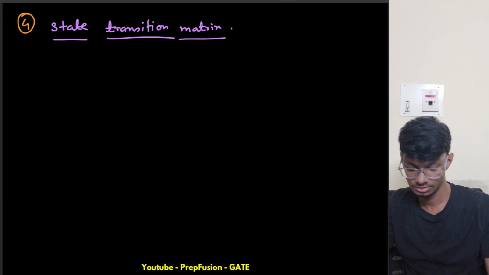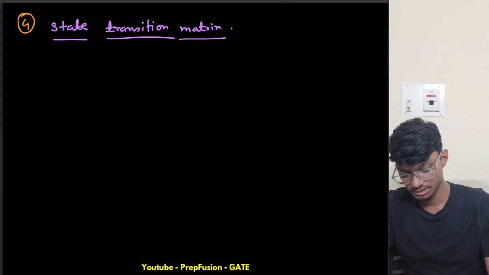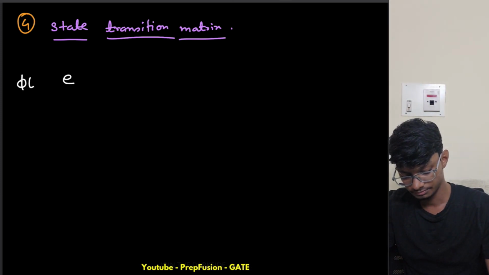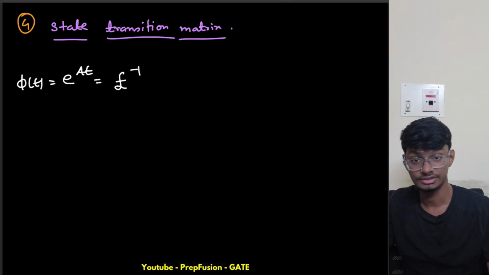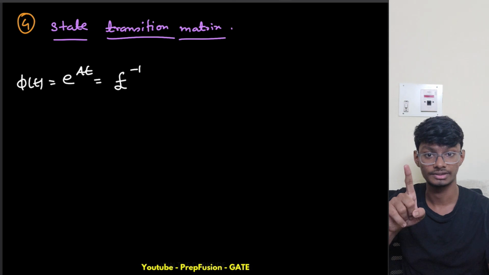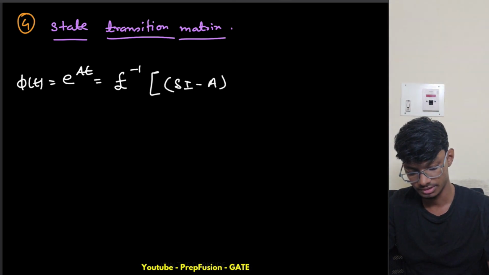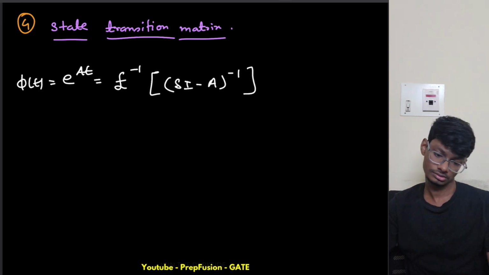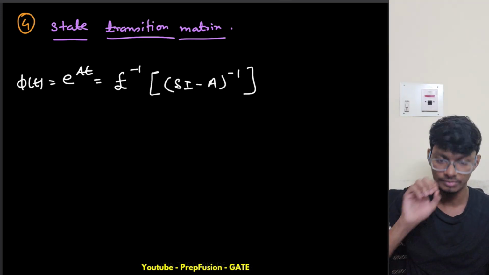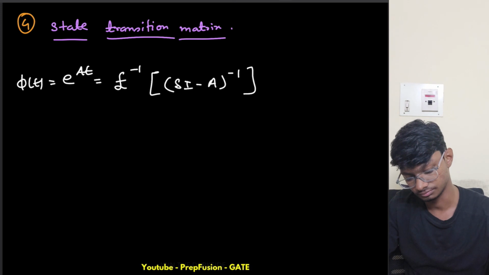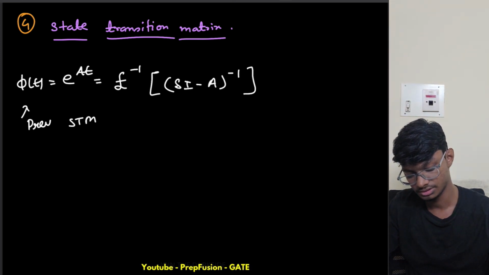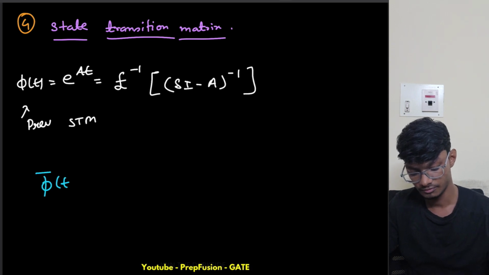So what is my state transition matrix? Basically it is phi of t equals e raised to power At. It is the Laplace inverse of (sI minus A) inverse. So you should mark this one, (sI minus A) inverse. Now, this was my previous state transition matrix. Now my current state transition matrix will be phi bar of t